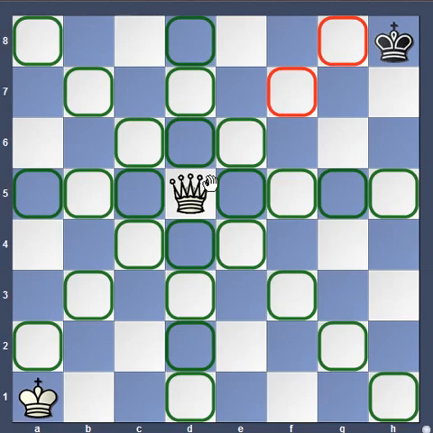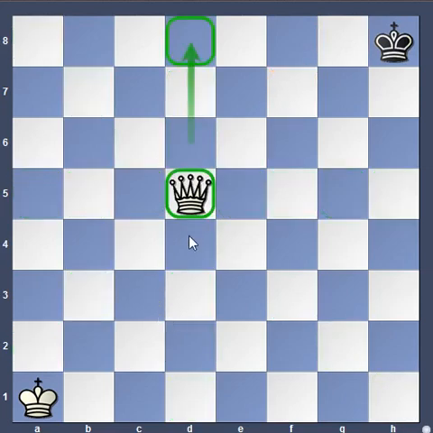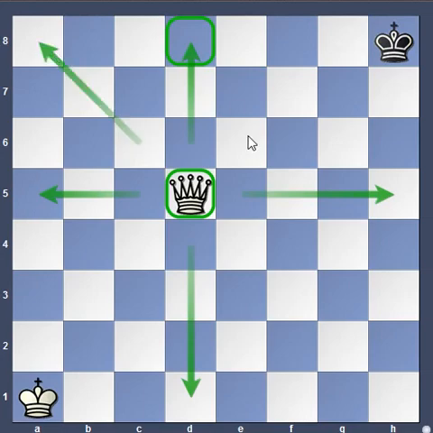So you can see all the squares that are highlighted are accessible to the white queen. In this vertical direction and this way, forward, backward, sideways, wherever he wants. Yeah, vertically, horizontally, and then diagonally also.